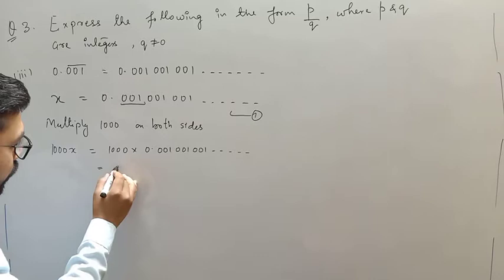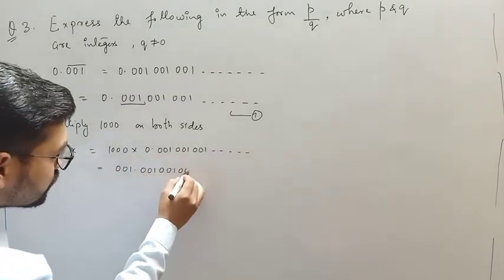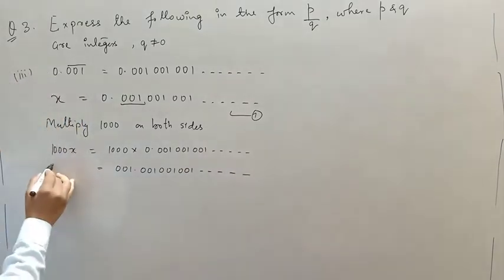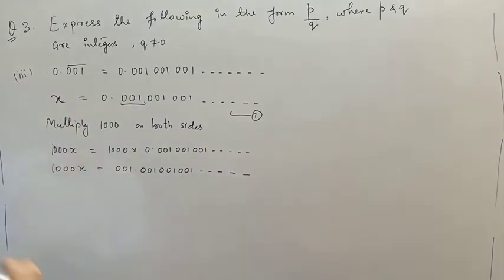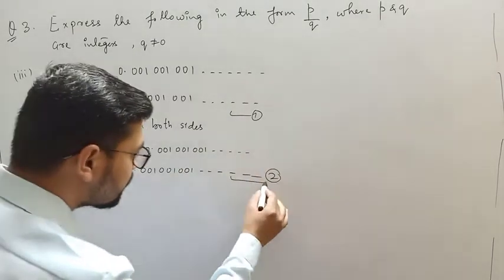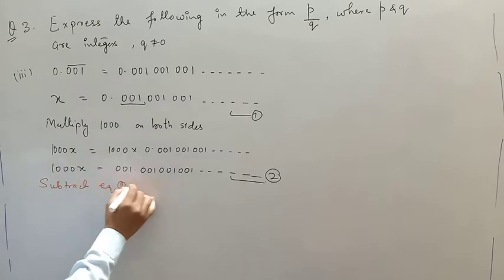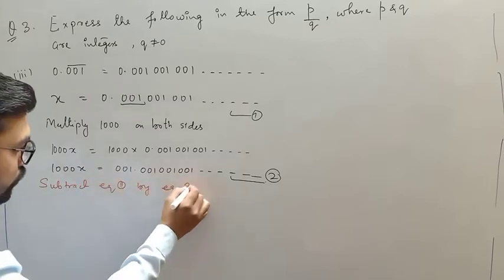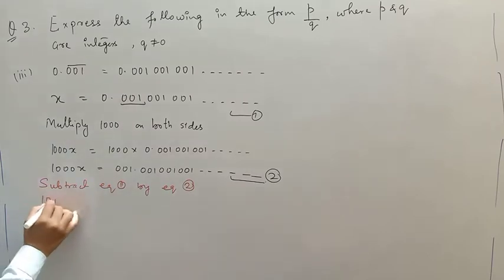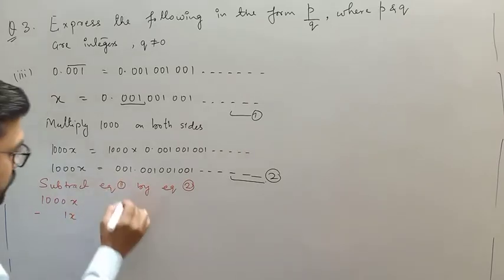So 1.001001001 and so on. So this is 1000x, and let's say this is the second equation. Now again you need to do the same thing. Subtract equation 1 from equation 2. So 1000x minus 1x is equals to